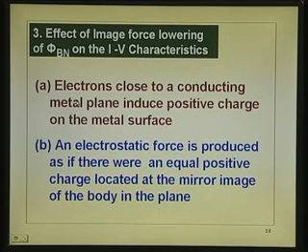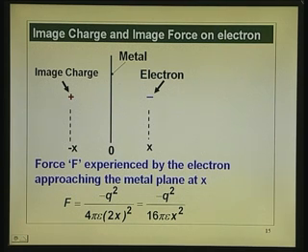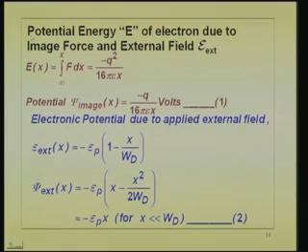Now, let us go further down. With that, once you know the force, you can estimate energy, potential, etc. of the electron. What we compute is the electronic potential, which is the same as the energy band diagram. Electrostatic potential is opposite of electronic potential. Now, force you know, and the energy is the integral of the force. Force into distance is the work done, energy. That is the energy when the electron is brought from infinity to that point. All through it is experiencing the force of its own image. That is a funny thing. Its own image is pushing it towards this metal. So, that force and the energy acquired because of that is the integral of that. The square goes off,